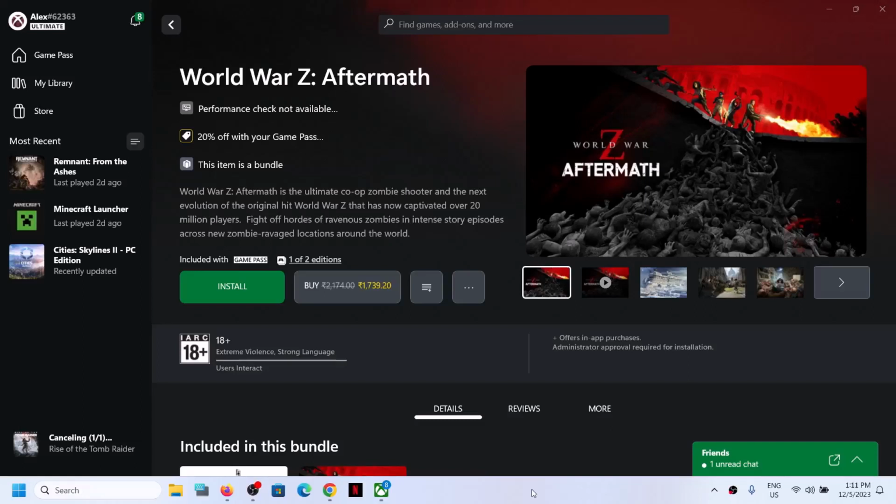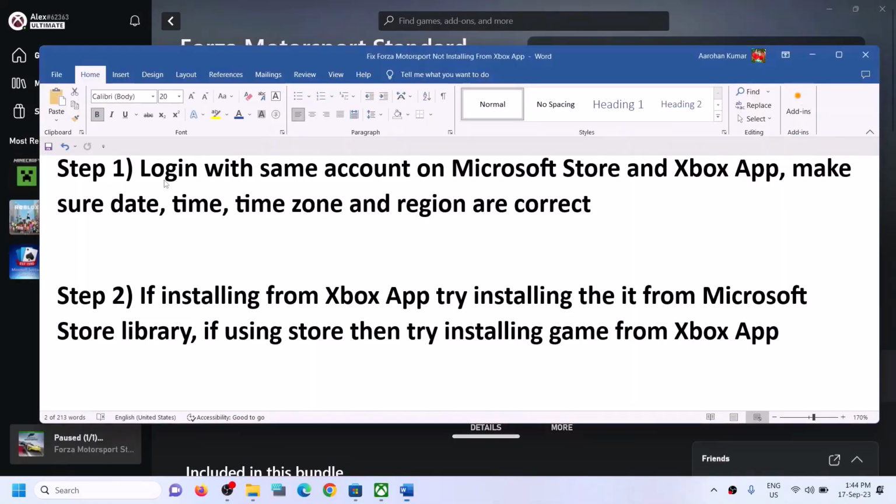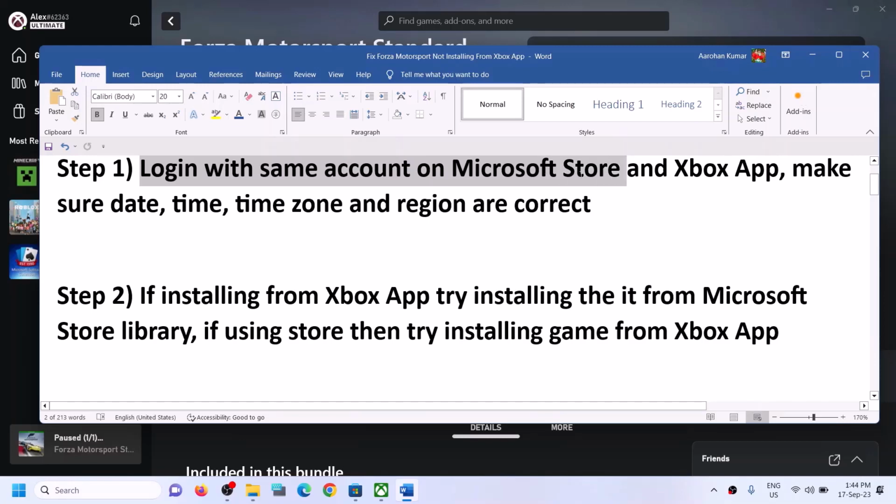Today in this video I'm going to show you how to fix when you're unable to install World War Z Aftermath game from Xbox app, or if you're unable to install it from Microsoft Store, then please follow the steps shown in this video. The first step is to log in with same account on Microsoft Store and with same